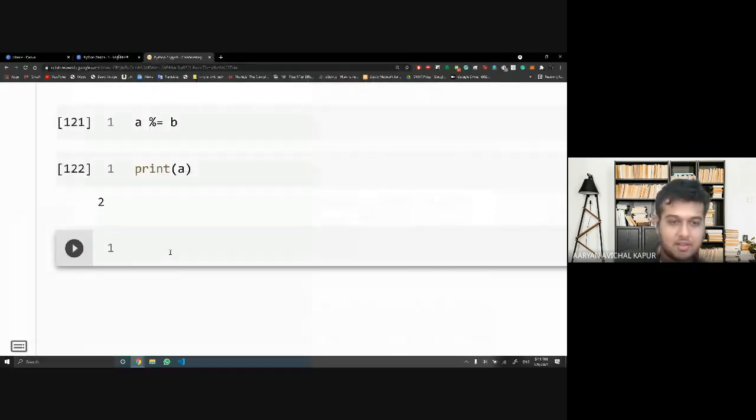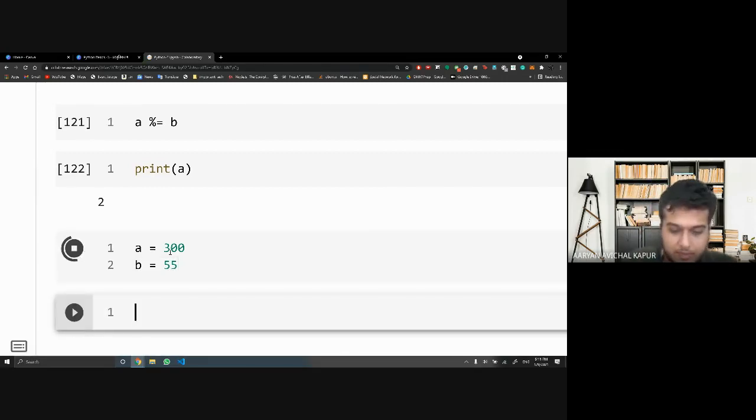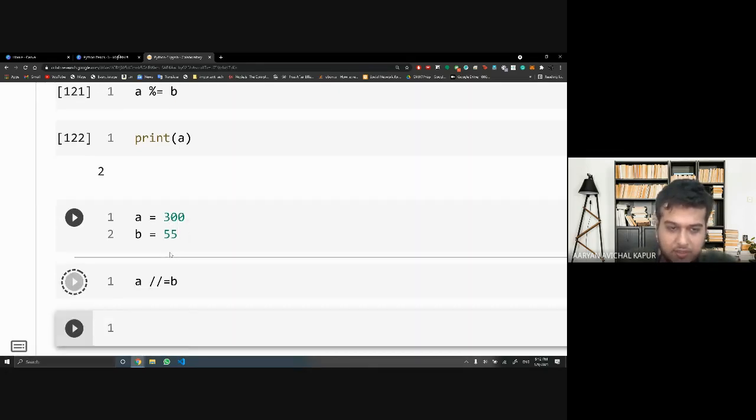Floor division, right? Let's say A is equal to 300 and B is equal to 55. Floor division means that if I say A floor division B, which is equivalent to writing A equals A floor division B, it tells how many of B can I fit under A completely.